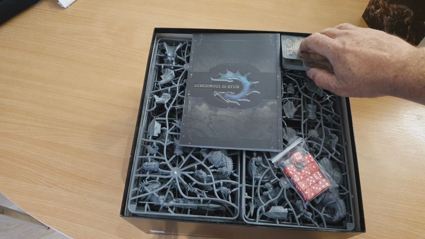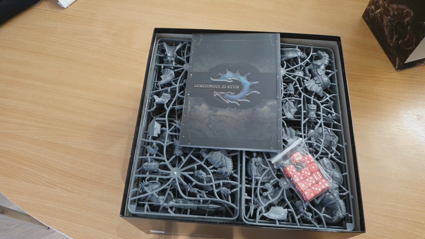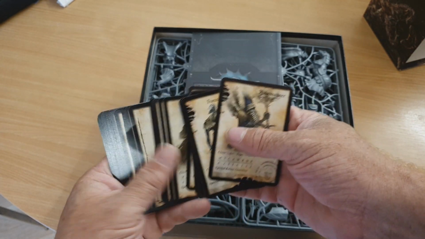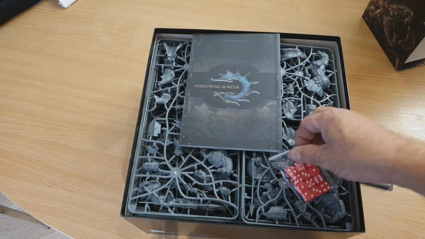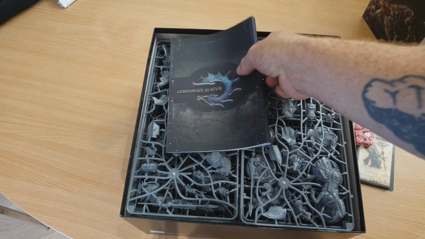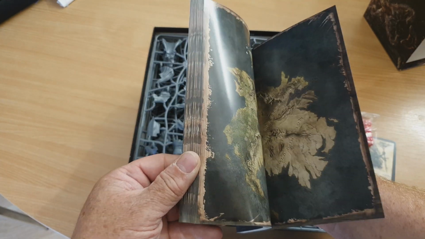Right, okay, so first thing, I've actually opened these. These come sealed, but I opened these to check them. So these are my command cards for my units. And there's also my battle cards as well, my battle order cards, which we'll go through in a moment. I got 12 d6, because the game uses nothing but d6. I've got my full colour rulebook, which is, I think it's 120 pages,